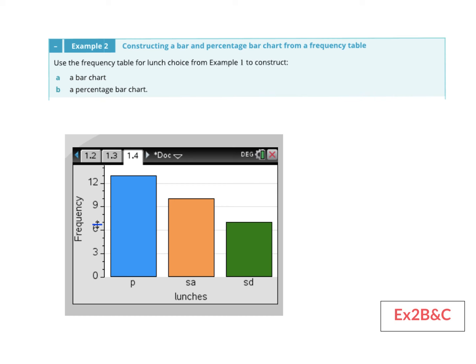All right. So how to do a bar chart on your calculator. I'll show you now on the computer. And then we're going to